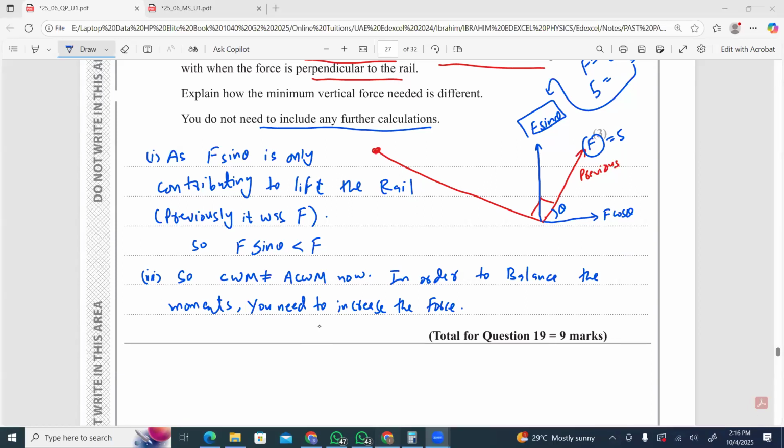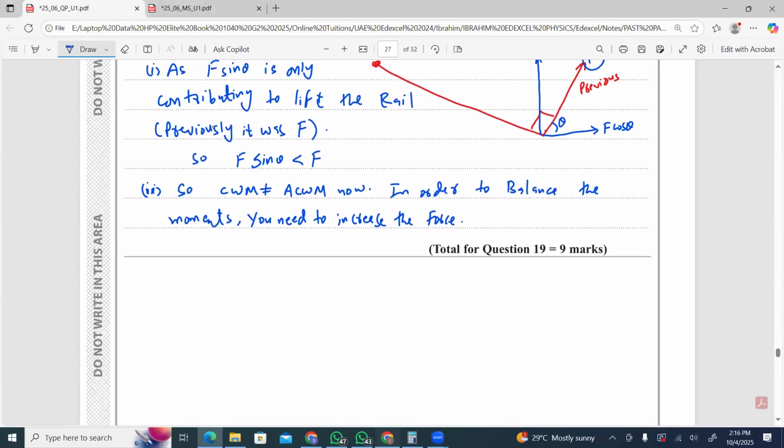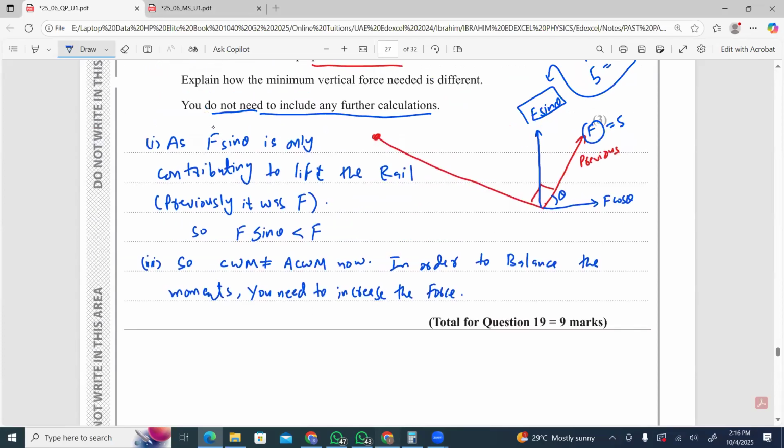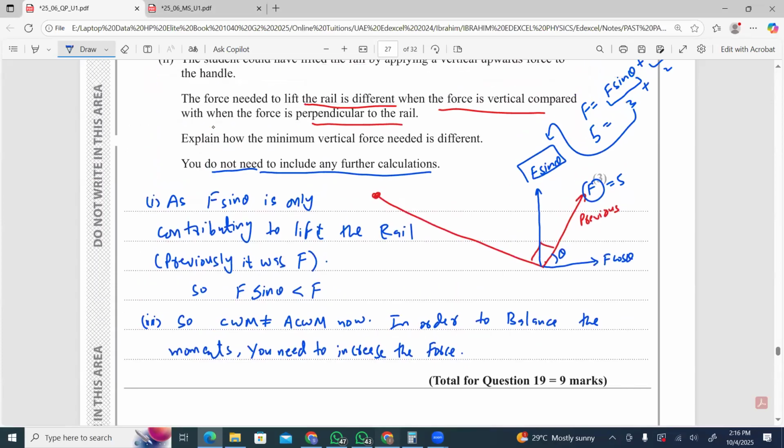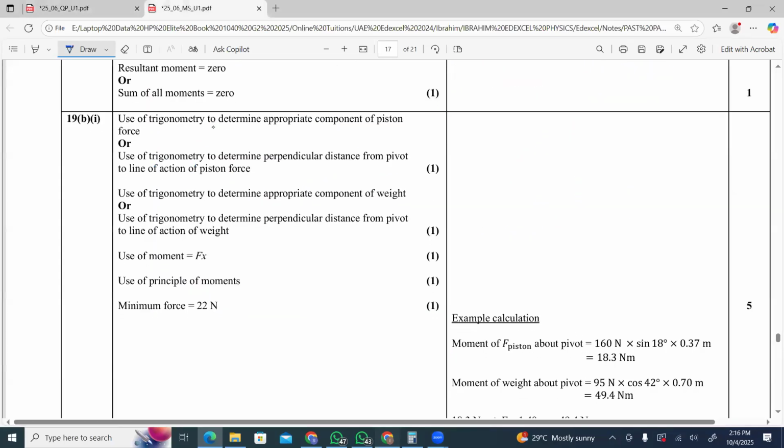Oh, my apology. It is written not need to do calculations. So no calculations are needed. Okay. So finally, yeah, that's right. Let me check the mark scheme. So they're saying